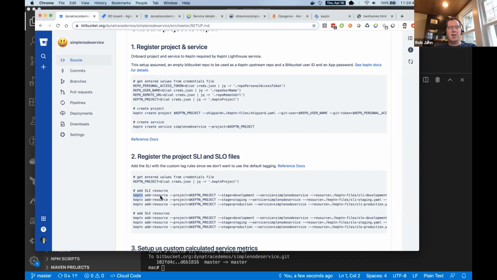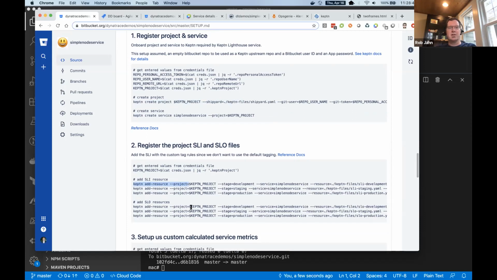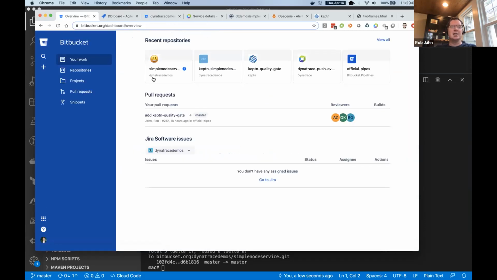And then I run the CLI to add these various resources. And that's how they got into Keptn. Because I set up my project, if you notice here, with the downstream repo, which is Bitbucket in this case. So Bitbucket is one of the options in addition to GitHub that you can register these files. So once they got registered, they got synchronized into my